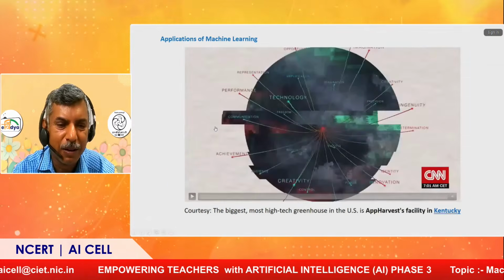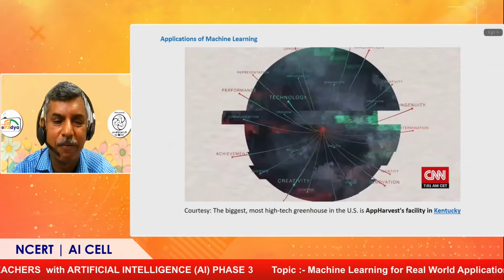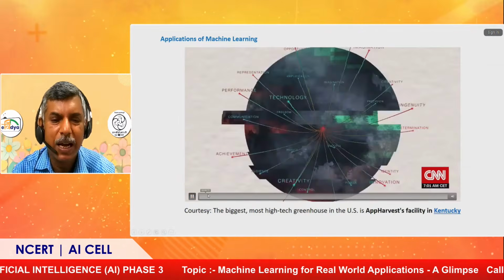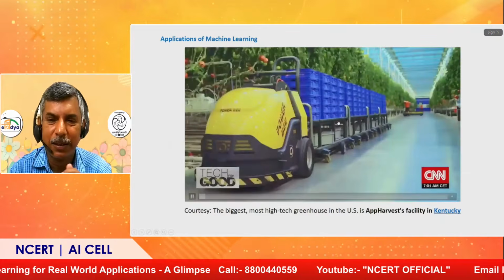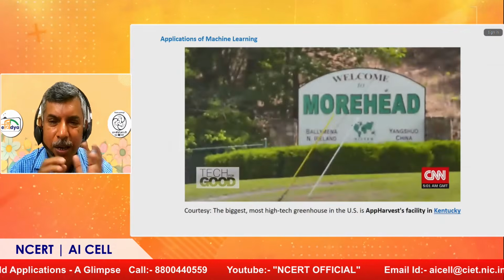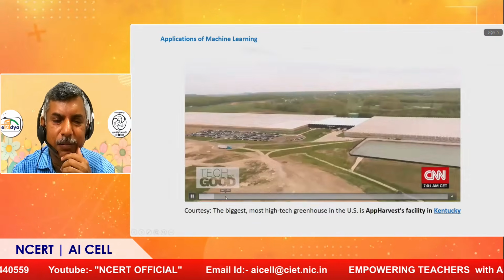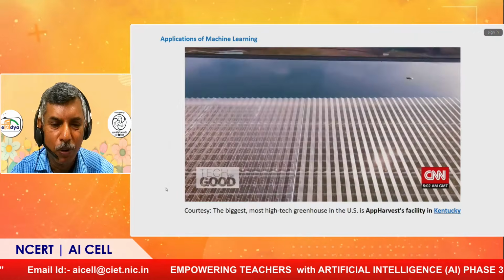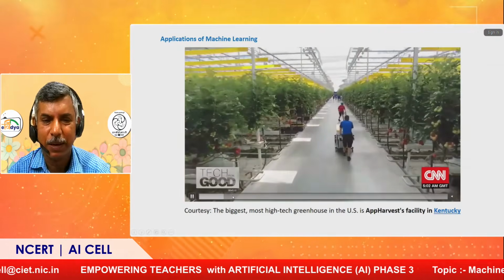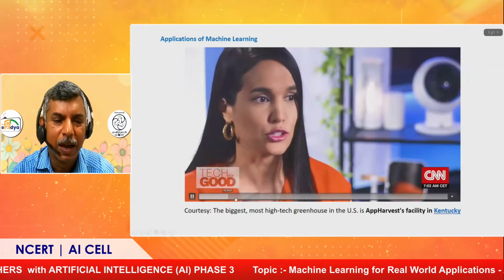Another example that I would like to show is an agricultural one. This is also from an apple harvest facility available in the US. If you see the apple harvest facility in the US, you will be able to see that it is a big industry, fully automated, with all automation facilities, and in several acres of land. This is the apple harvest available in America. If you go inside it, you can see everything is automated. The tree watering is based on machine learning techniques. They automate it, and